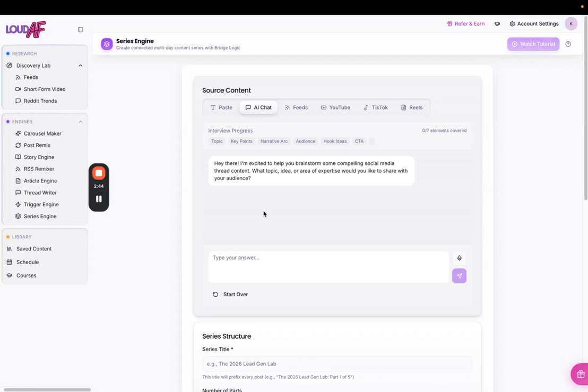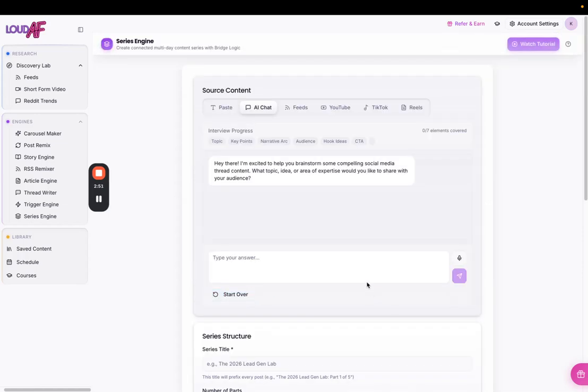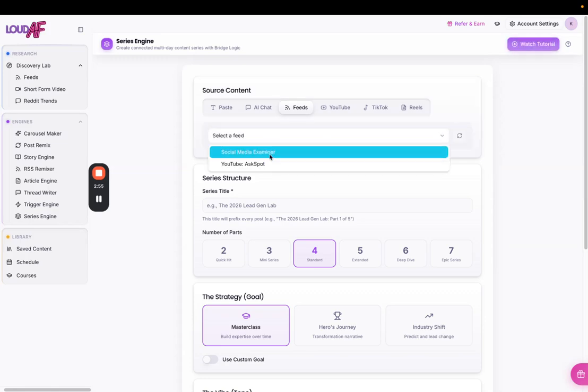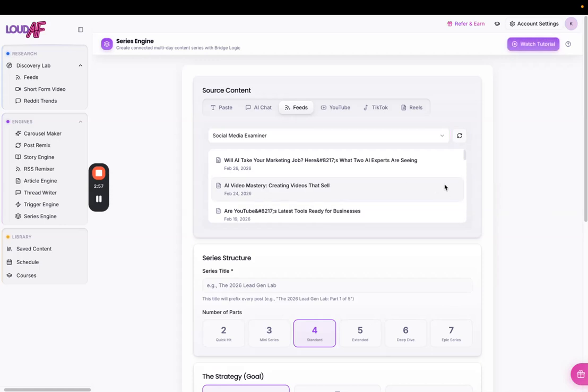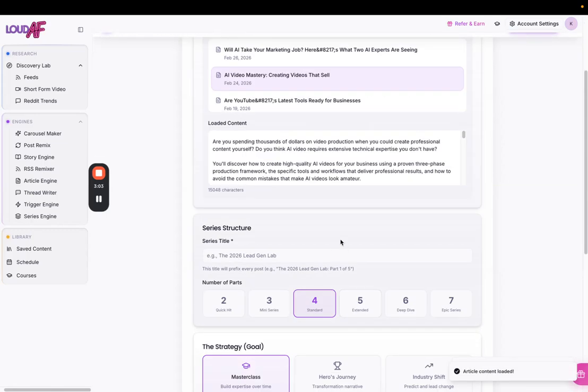And then once everything has been completed, you can now go ahead and define your series structure. For this, let me just select this real quick so we can move on to the next part. I'll just select this from the RSS feed. Okay, cool.